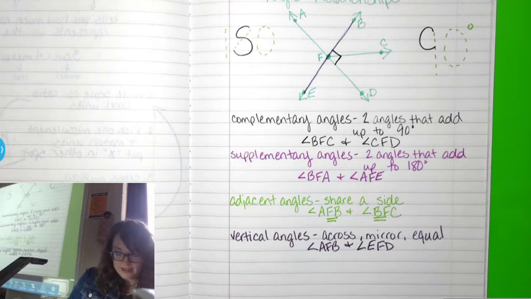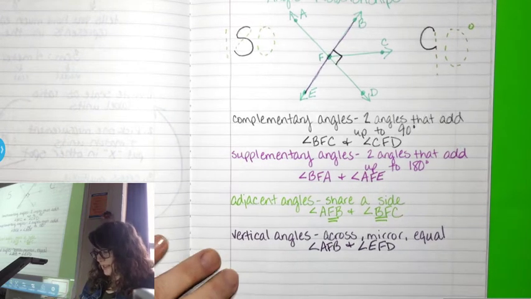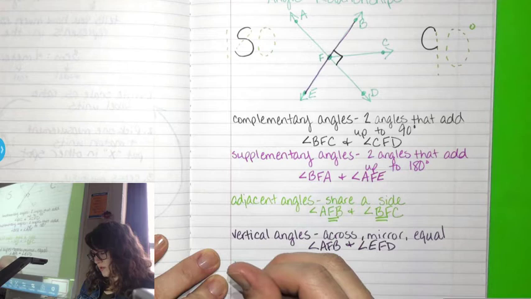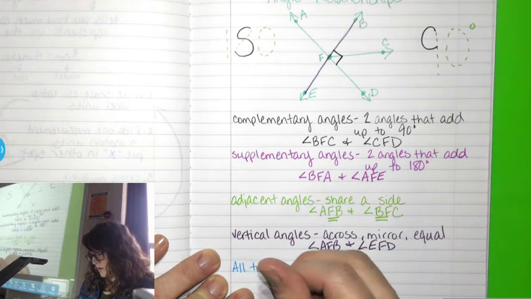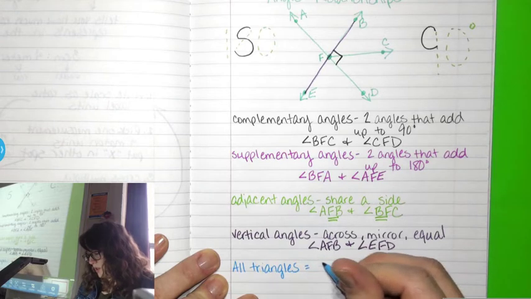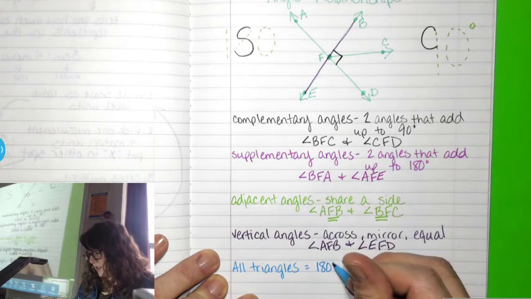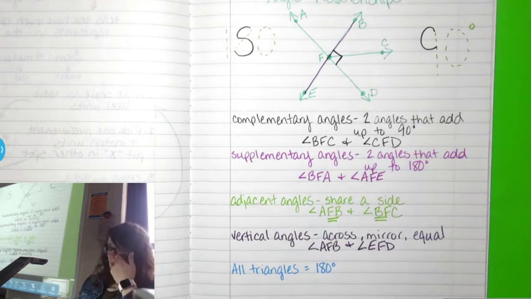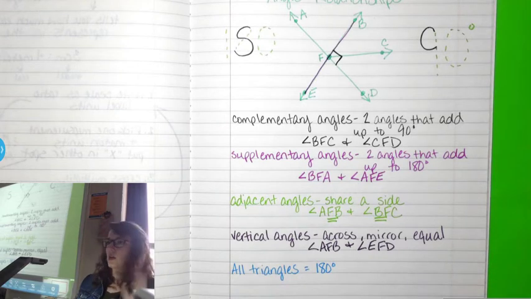One last fact. All triangles equal 180 degrees. All the angles in a triangle equal 180 degrees. And if they don't, it's not